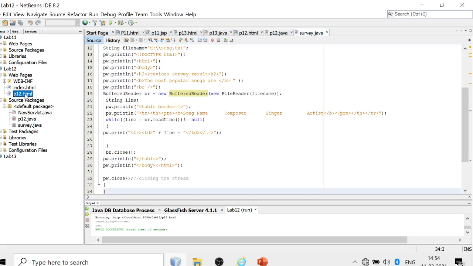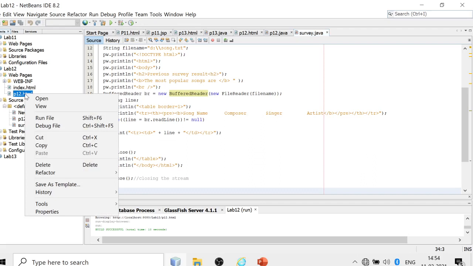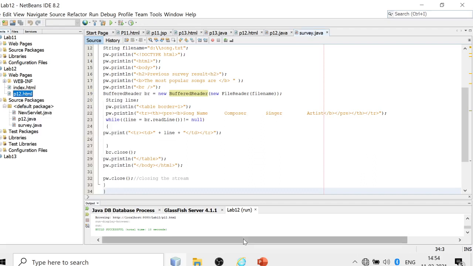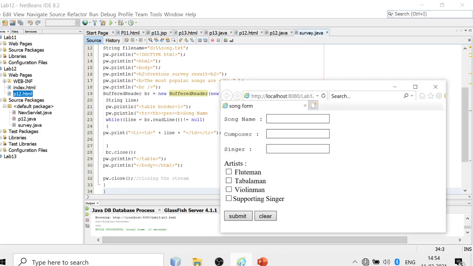For running this, you go to the HTML file, then you do right click, then click on run file. Once you do that, it will open a window something like this. Here the user has to enter the song name, composer and singer. I just enter some name.